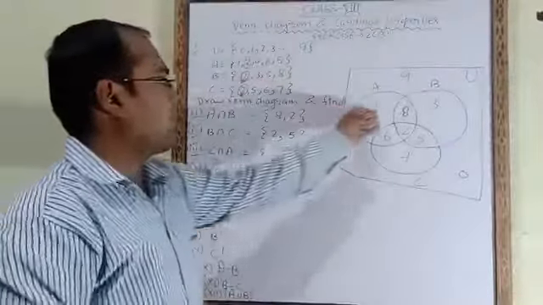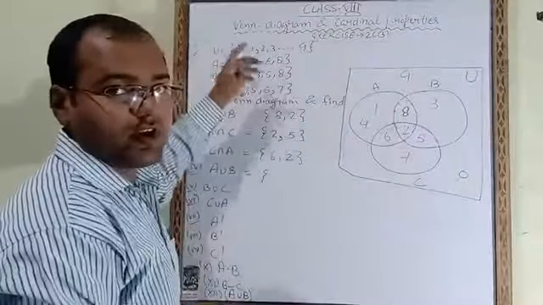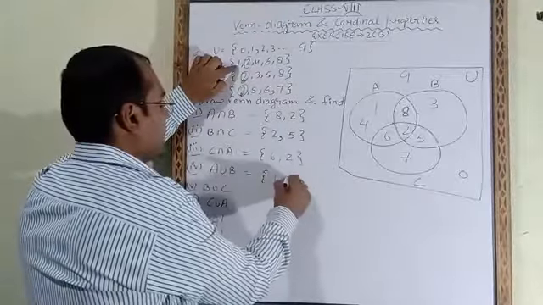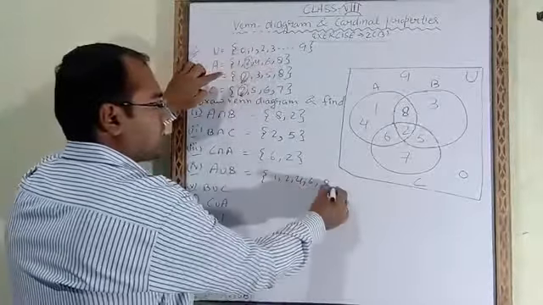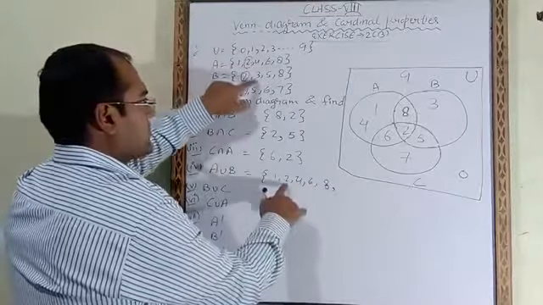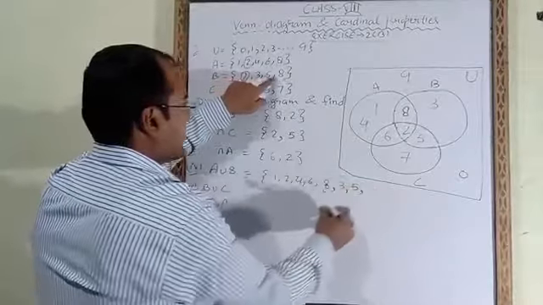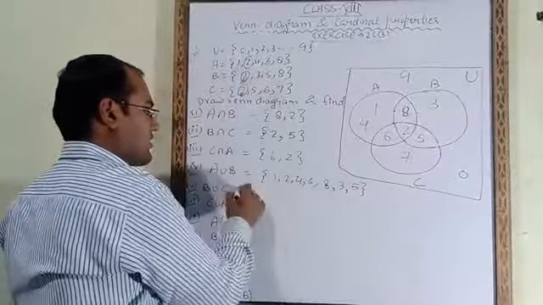You can take the help of this Venn diagram also, and you can take sets also. From here we will do, it will be easy. A union B: 1, 2, 4, 6, 8. These are the elements of A. Now B elements. 2 already over. 3, 5 not over. 8 over. So these are the elements of A union B.